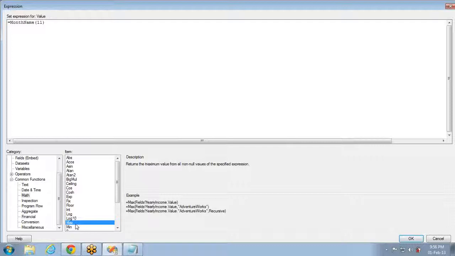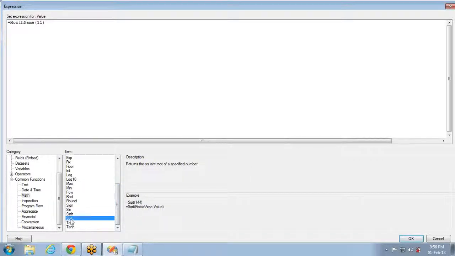And max of, you can use this to get the maximum value present in this column, and minimum value present in the column or expression. This is the square root function, and this is sine. You can get the sine value. And tan theta, sine theta, cos theta, I forgot all those things. So these functions can be used to calculate those values.